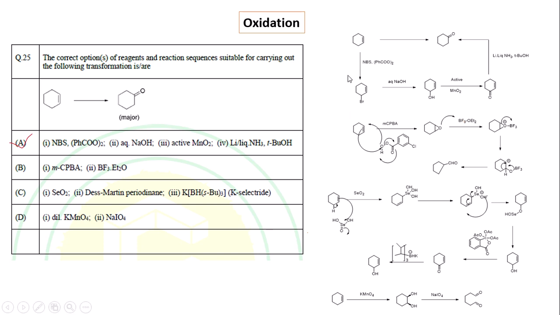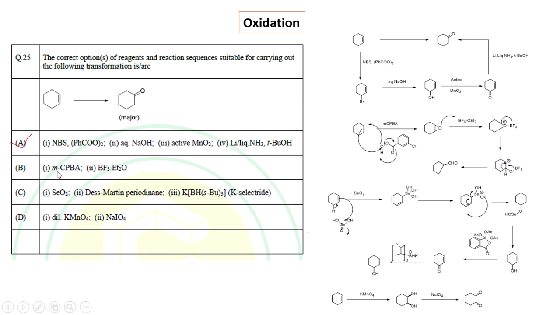and gives the allyl bromide, and the allyl bromide on treatment with aqueous NaOH produces the allyl alcohol. We know that the allyl alcohol has a greater tendency for allylic oxidation, so we get the allylic oxidation product, that is the alpha-beta unsaturated carbonyl, and this alpha-beta unsaturated carbonyl reacts with lithium in liquid ammonia and tertiary butanol, and goes to cyclohexanone as the